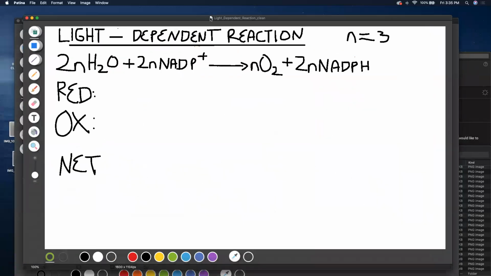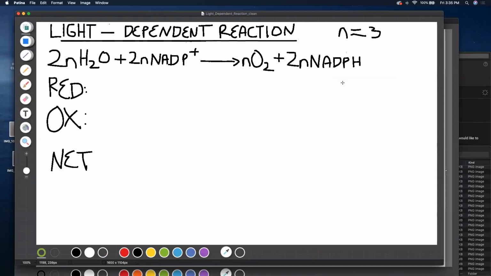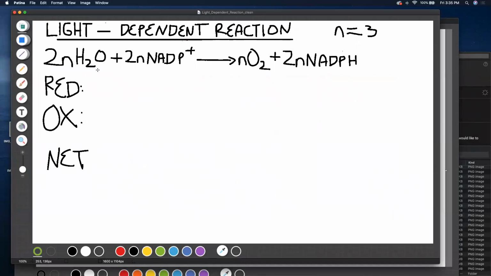Okay, so now let's look at the light-dependent reaction. So the photosystem 2 and photosystem 1 reactions happening in the chloroplast. So once again, we look at the charges of the atoms and molecules, and we look at the oxidation states. So once again, we have water, and we know that